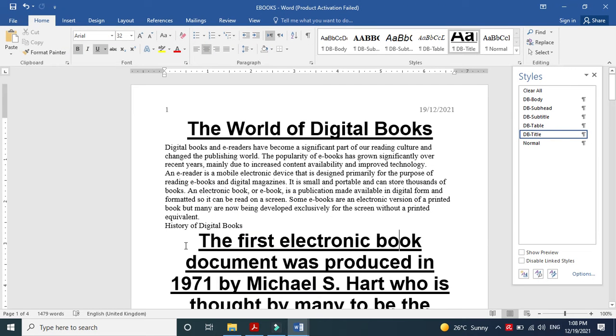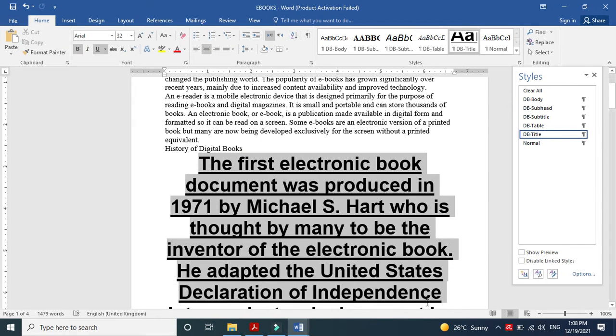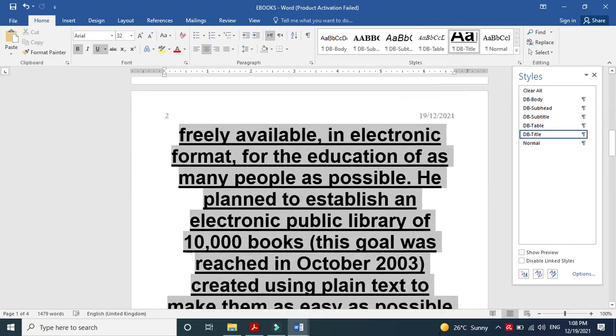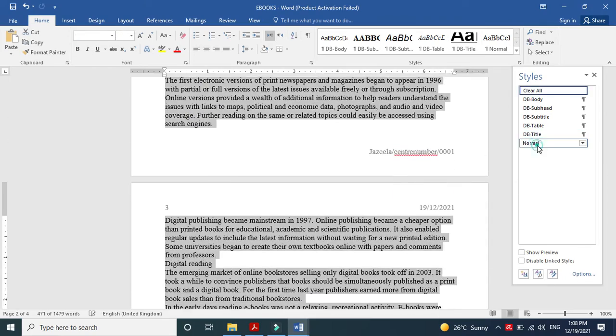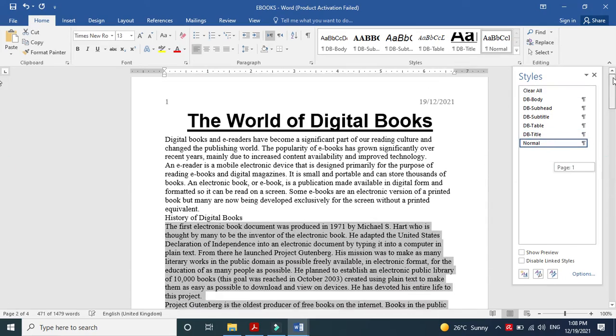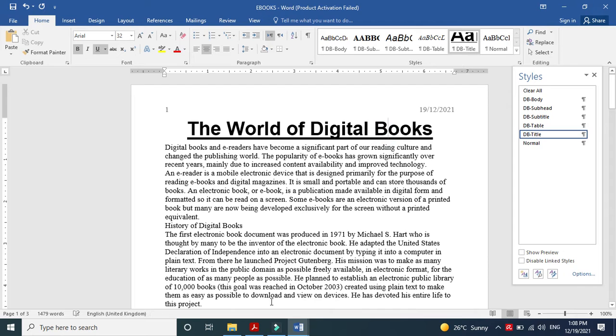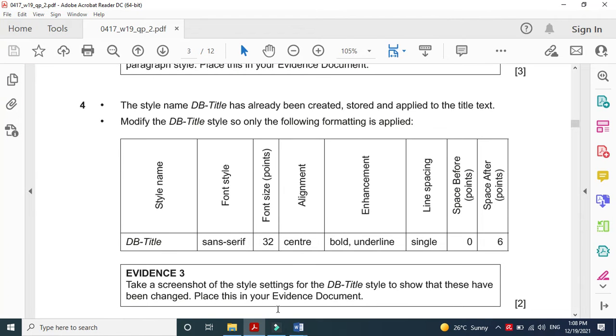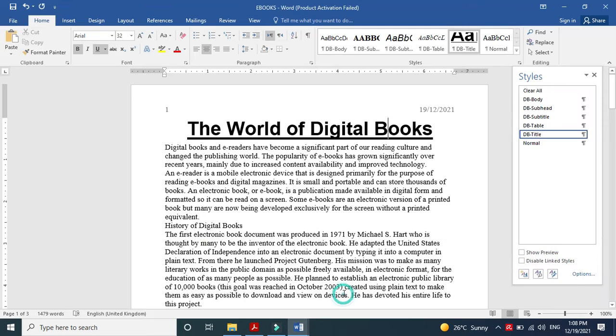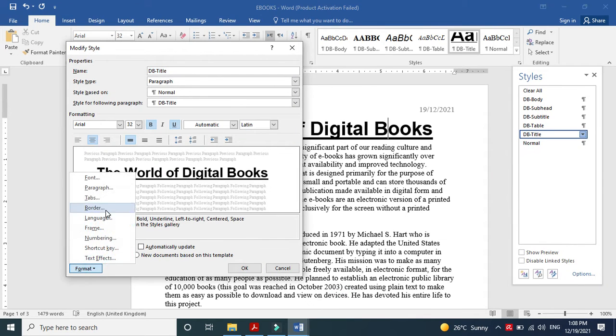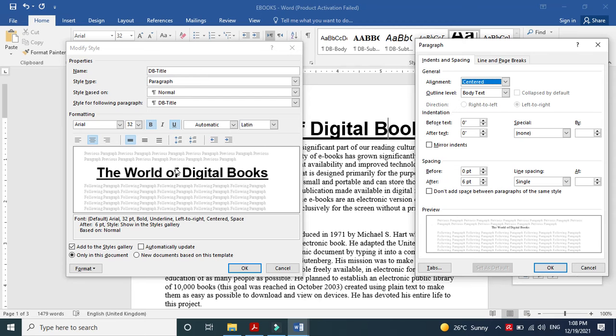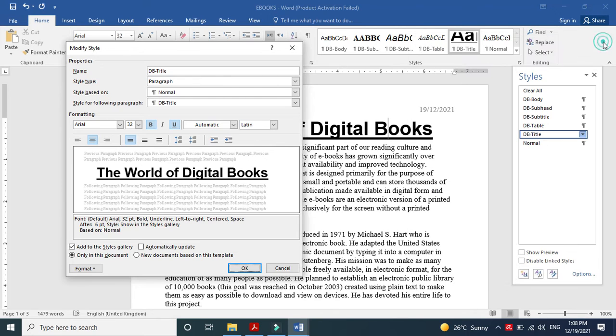Now this must not be applied. I'm going to change back to normal so that there is no more confusion. Now you can see the title is changed. Now we have to take the screenshot of DB title. So right click, modify, again I'm going for format, paragraph, take the screenshot, close the windows,